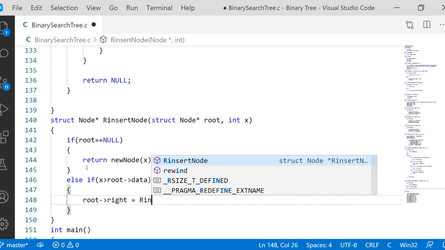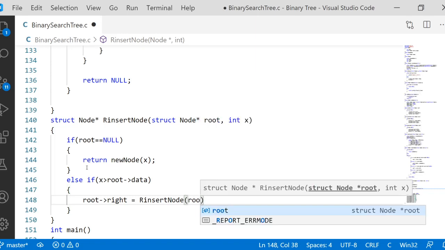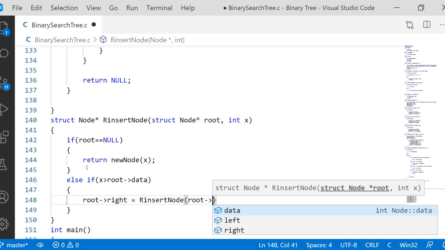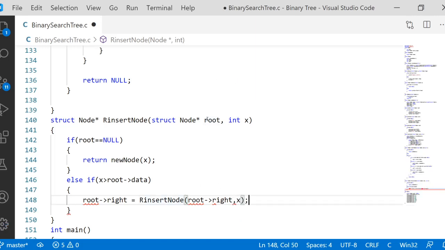I will call the same function r insert node by passing the address of root of right, because it is the same recursive call, but instead of root I'm passing root of right, which means hereafter whatever is the right node will become the new root and the data is going to be the same. Suppose you ask me, if my root of right is null, what will you do?